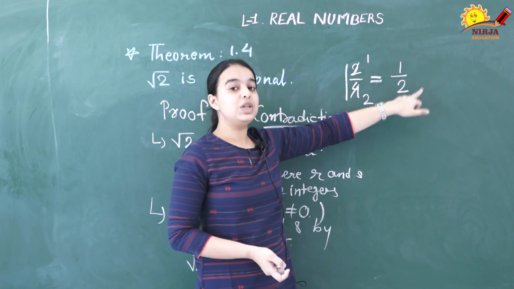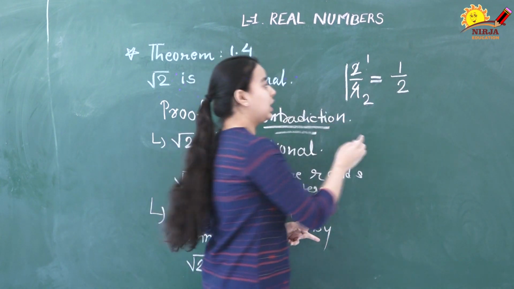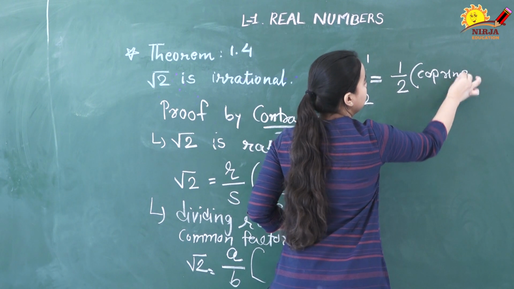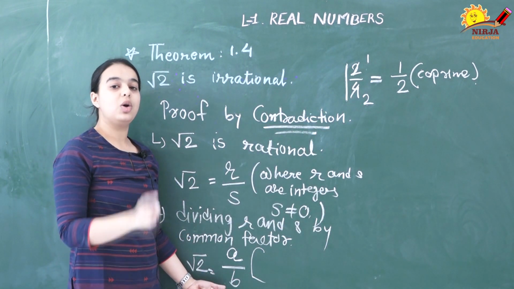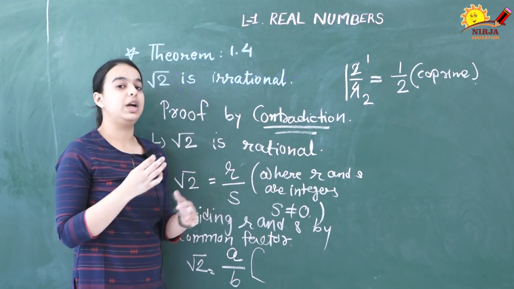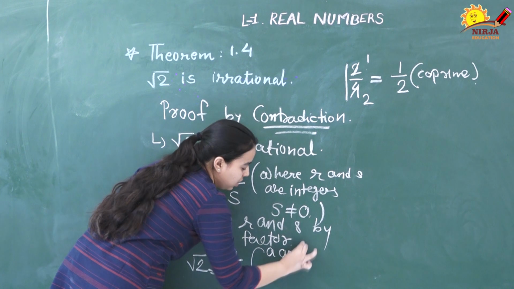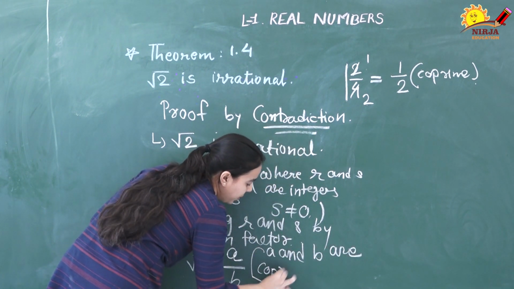This 1 by 2 does not have any common factor other than 1, so we can say 1 by 2 are co-prime numbers. In the same way, a and b also do not have any common factor other than 1. So here I state that a and b are co-prime